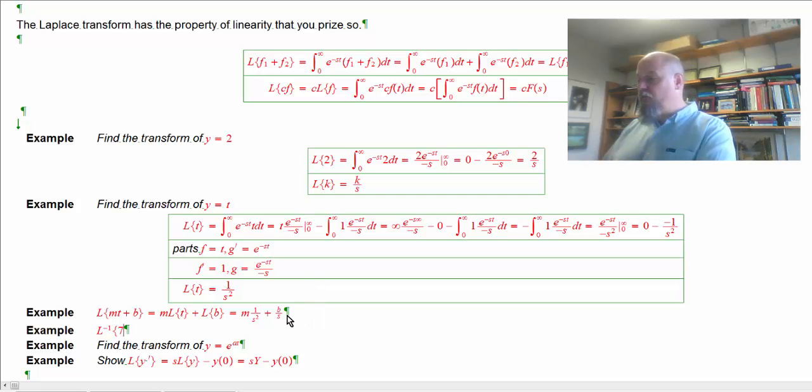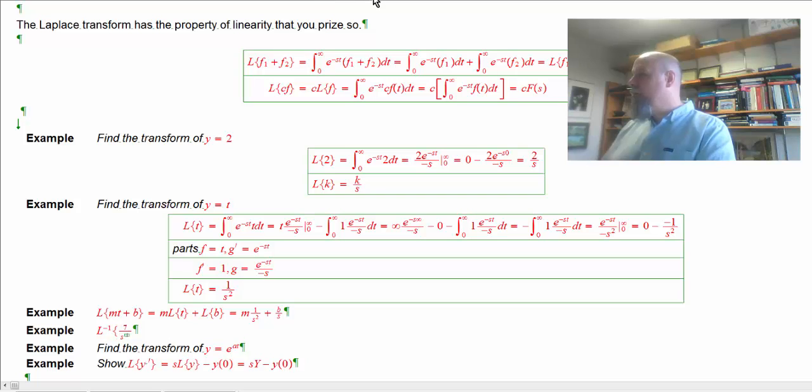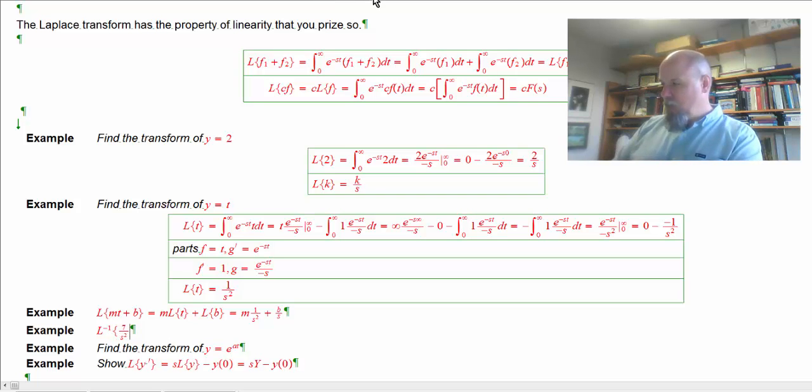So I'm going to go, let's say, 7 over s squared plus 3 over s, and I'm going to say take the inverse Laplace of that, or what function would have transformed to this. Well, I can recognize then that this is just a line. This would be